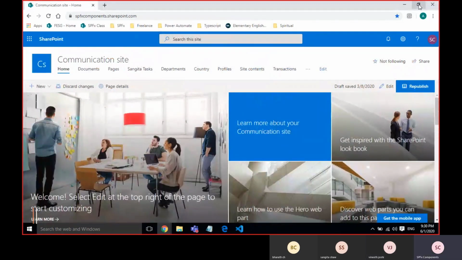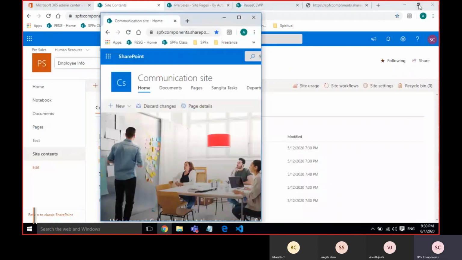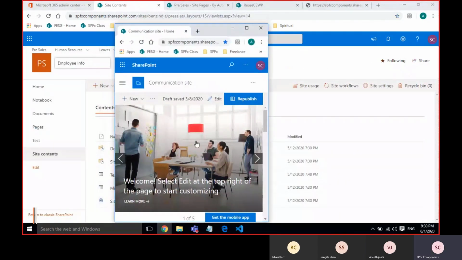But if I go to mobile or tablet, whatever, it changes like this because of default responsiveness. So through client side coding it is possible, because client side means we can handle it in the browser itself.